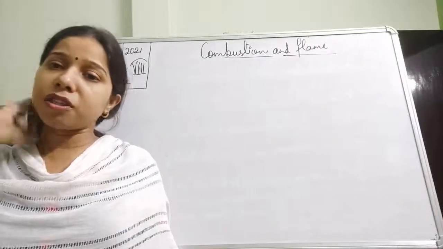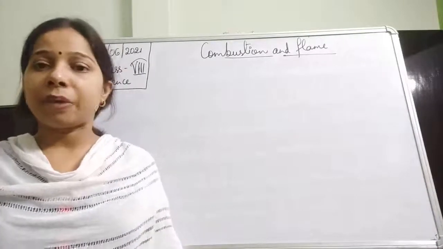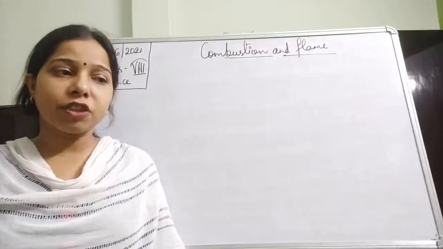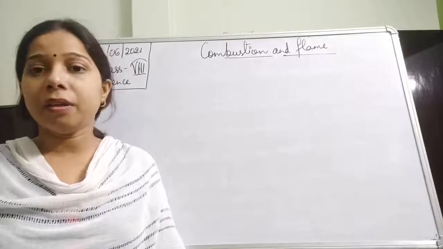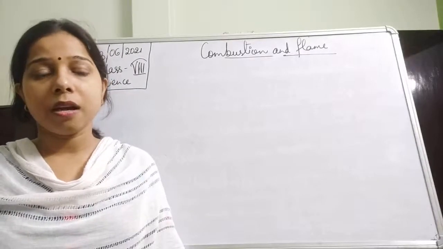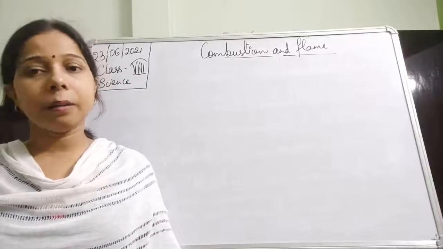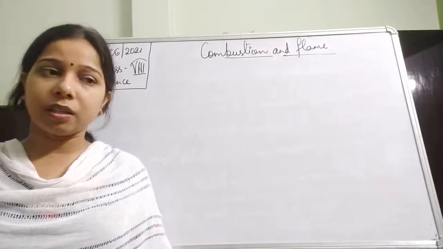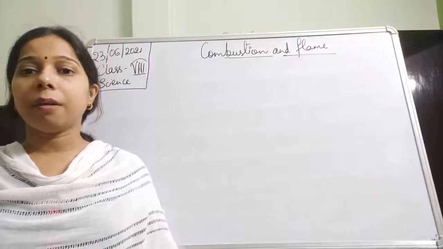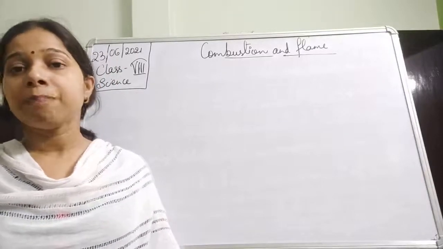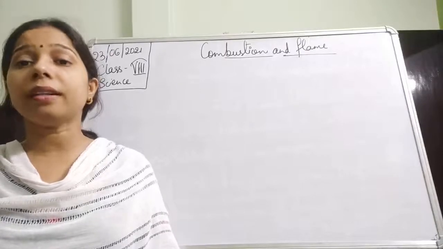The reason is that sufficient oxygen will help in the process of complete combustion. And in a complete combustion, a lot of heat energy is released. Because of the release of the heat energy, the outermost zone is the hottest zone of the